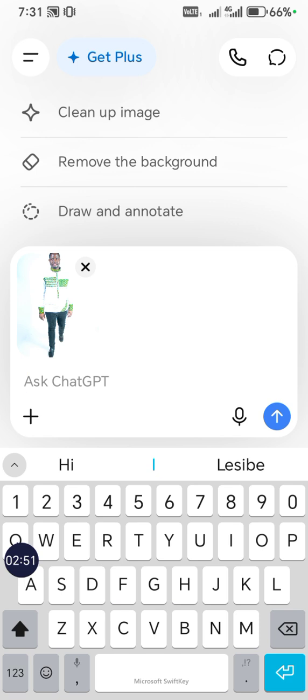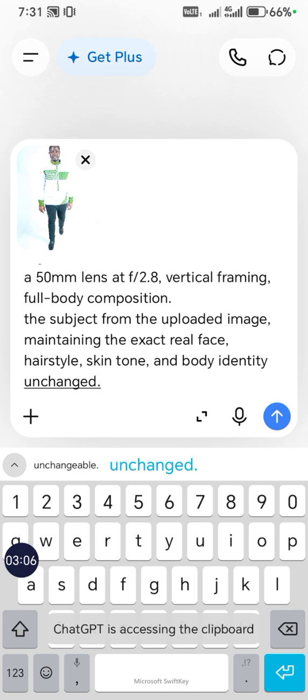Where you see the cursor showing, you just hold your finger there, and then you will see paste or autofill. Then you select paste, and it will take all the prompts from the picture we selected from Banana Prompts, and you paste all the prompts here. Then you go to the arrow where you see this white and blue round arrow.